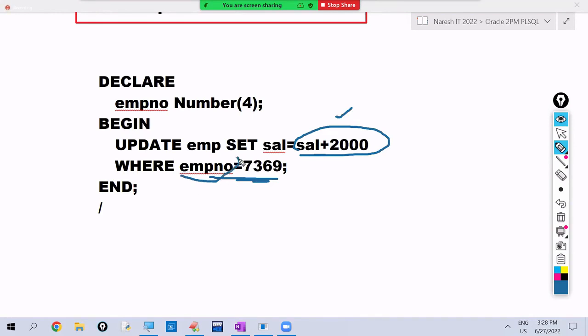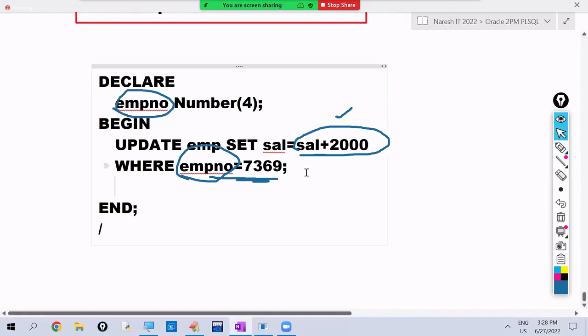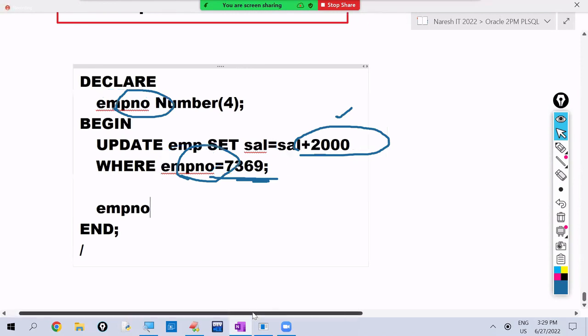So now here, what is the column name? Employee number. What is the variable name? Employee number. Okay. So whenever we are writing the code here, which one is the variable? Which one is the column? We may get confused. Readability will go down here. So to differentiate this column heading and variable name,